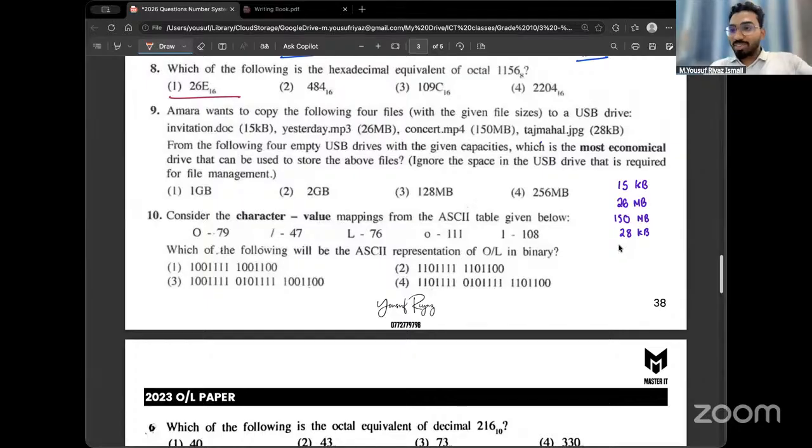Okay, come back to the topic. Focus, all of you. So the question is saying, to store all these files, what is the file size of a pen drive they can buy? And it should be an economical drive. So what do you mean by economical? That means if you're spending money to buy